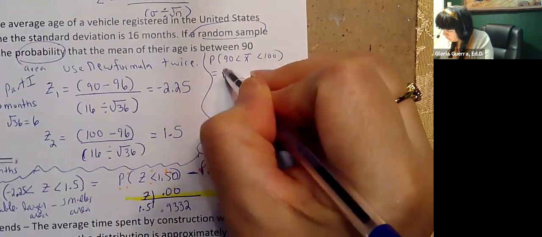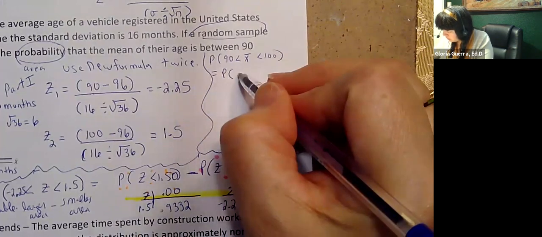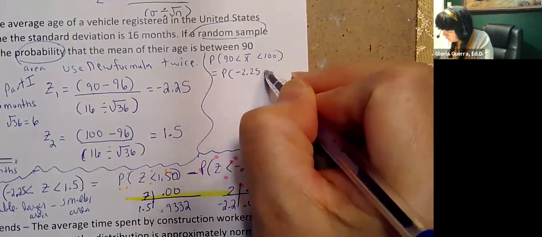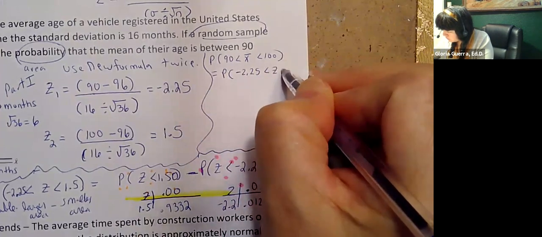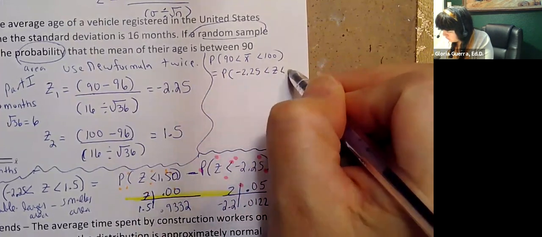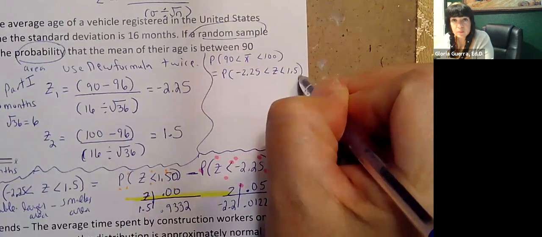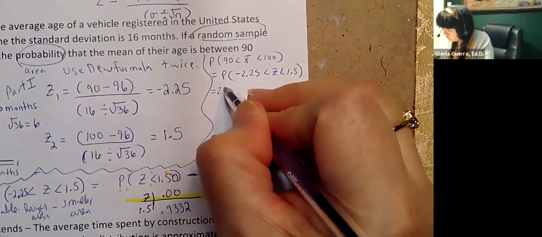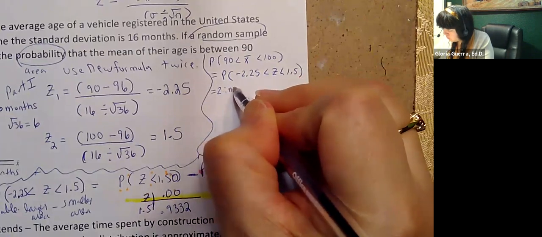And then you ran it through the formula, and now they became Z's, negative 2.25 between that and 1.5. But then you use a calculator, and that's where you use that 2 normal